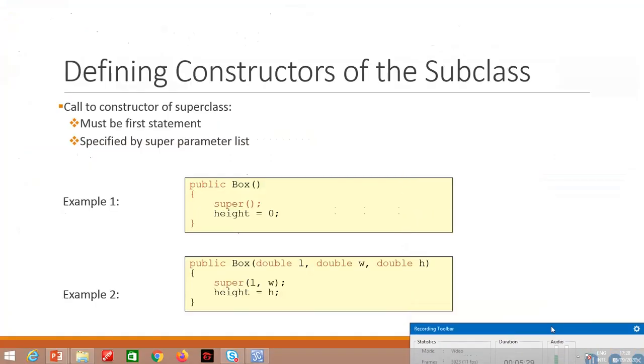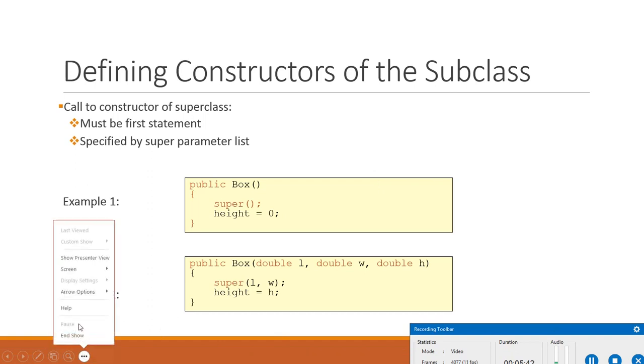Now we say that in case of inheritance, all the members of the parent class are inherited by the child class. So what about constructors? Are constructors also inherited? The answer is constructors are not inherited. So the only inherited members are the variables and the methods. So constructors of the parent class are not inherited by the child class. Now the question comes, how to call the constructor of the parent class.